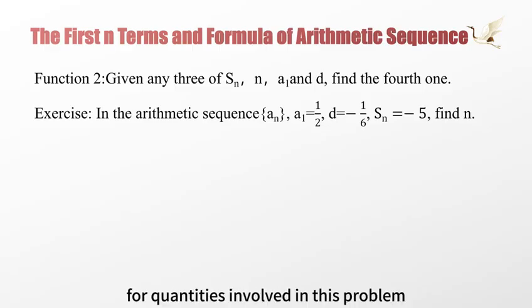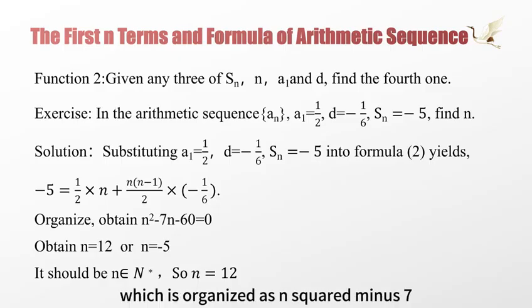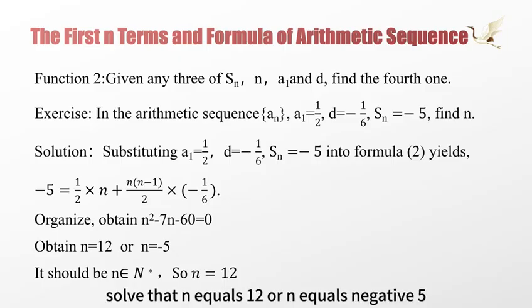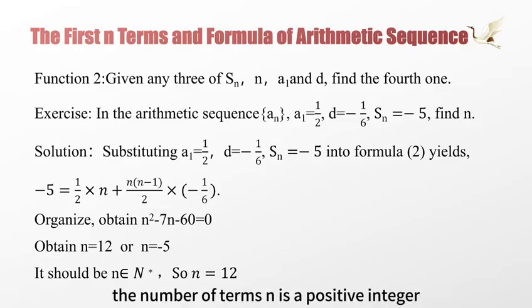We note that all four quantities involved in this problem appear in Formula 2. So let's substitute them into Formula 2. You can get an equation about n, which is organized as n squared minus 7n minus 60 equals 0. Solving that, n equals 12 or n equals -5. Here it should be noted that in sequence problems, the number of terms n is a positive integer, so n